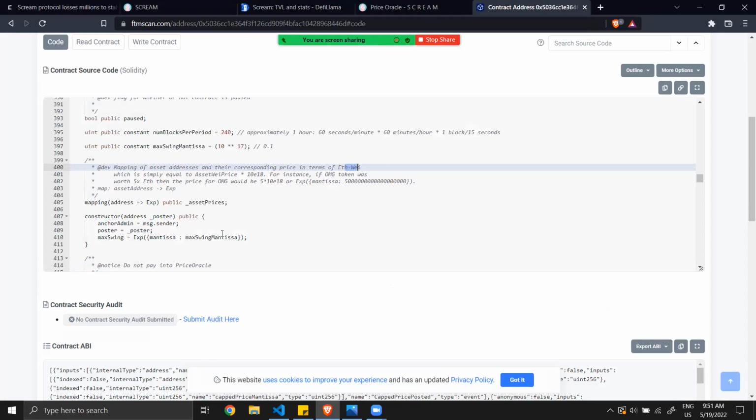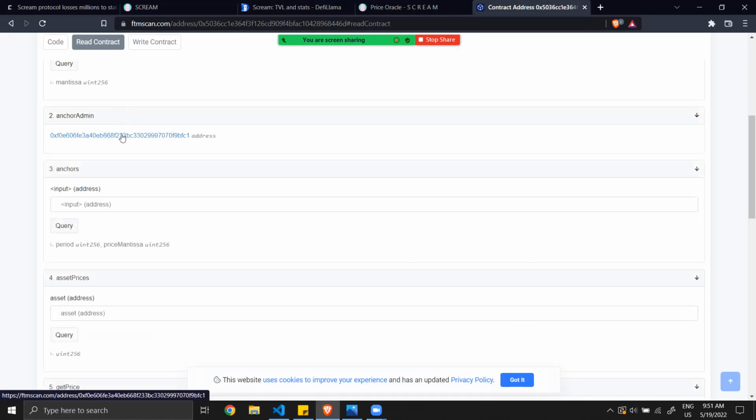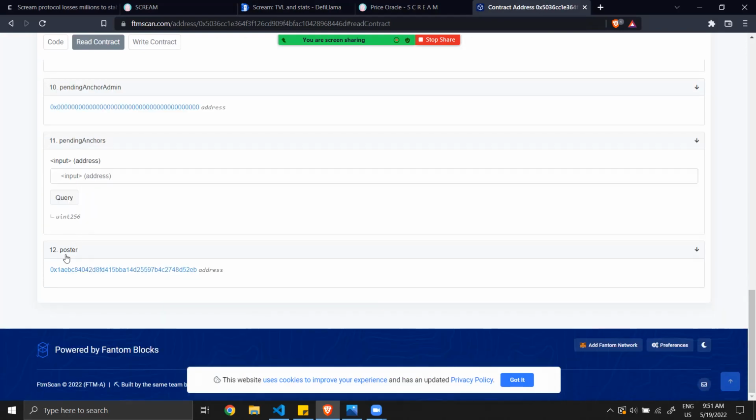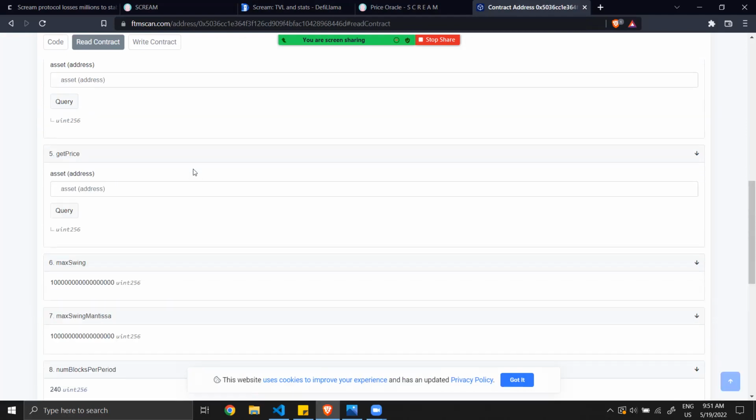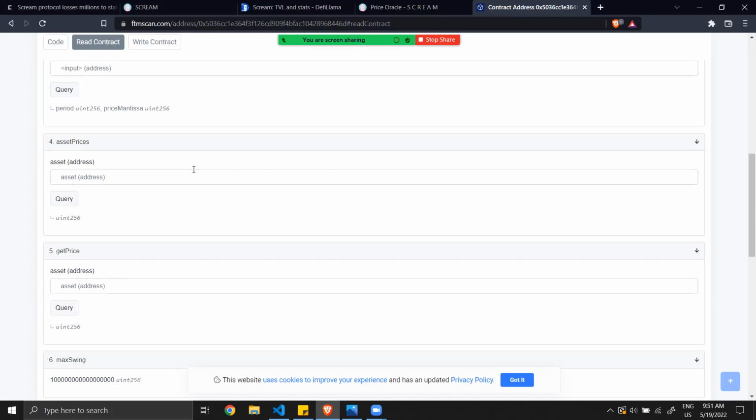As for the ones being able to modify the price of the anchor and of the current price, these addresses are different. This is a good separation of duty.